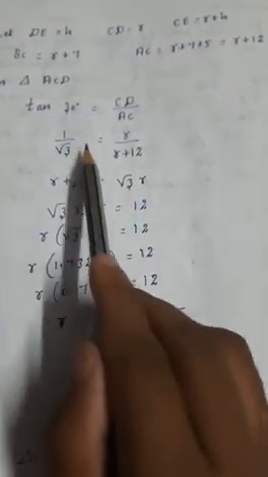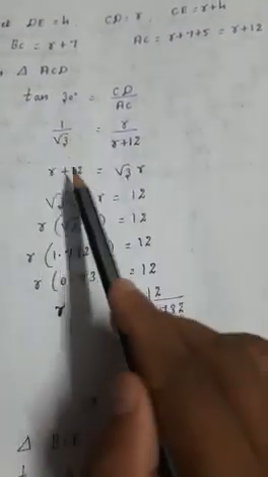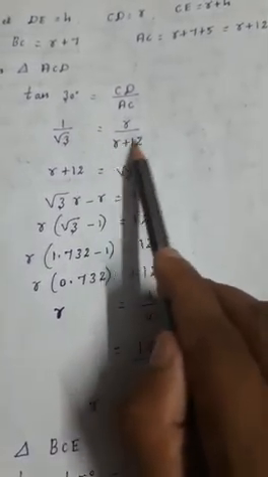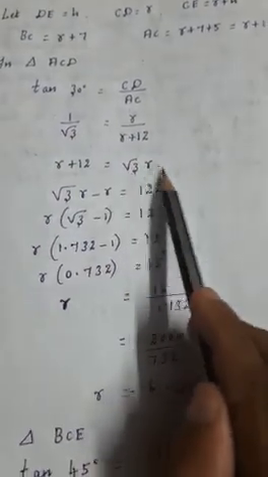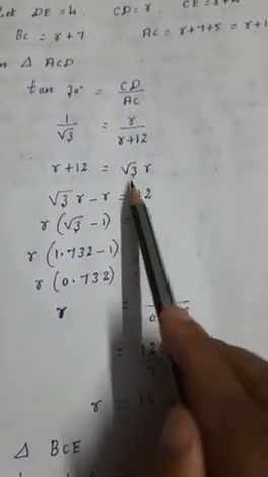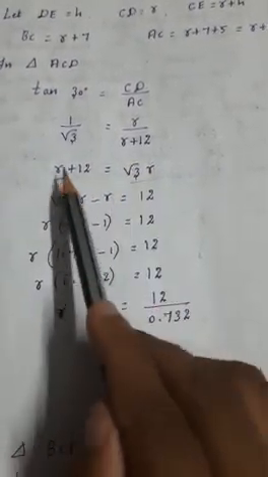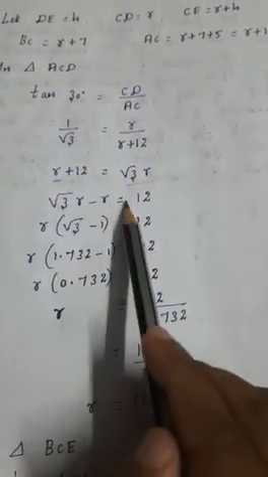Now you can calculate. Can you cross multiply? So R plus 12 is equal to 1 into this part, which is the same part only. So R plus 12 is equal to root 3 into R, that is root 3R. Now here you have R, and here also you have R. Can you bring them together? If you bring this R to that side, it will become minus. So root 3R minus R is equal to 12.